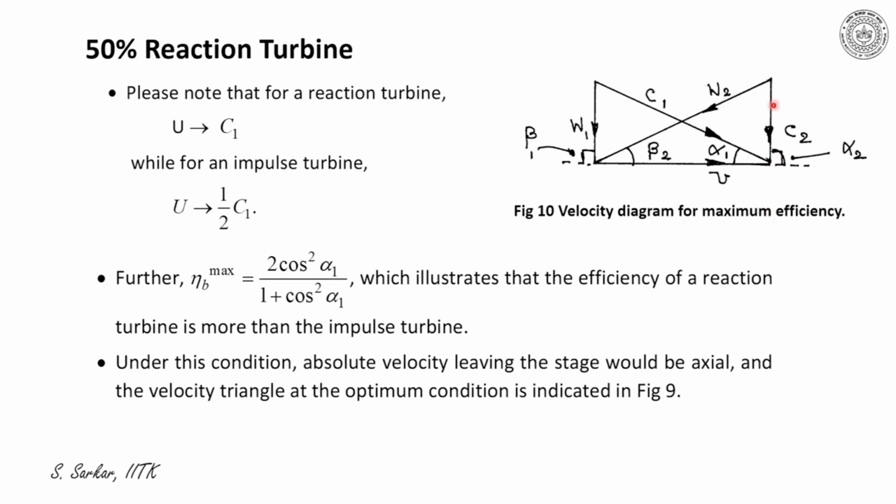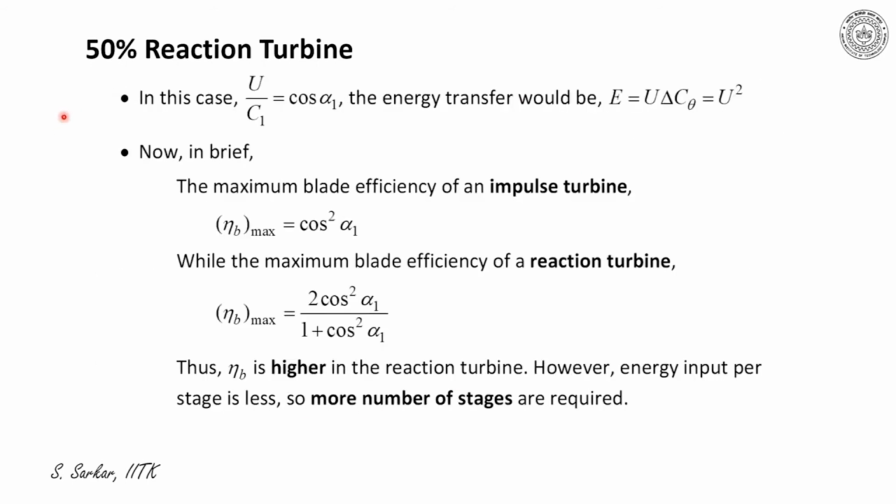The C2 would be axial, as I have indicated here. If C2 is axial, being a 50% reaction, C2 must be equal to W1, and W1 also would be axial. Thus, for optimum blade speed of a 50% reaction turbine, U by C1 is equal to cos alpha 1, and thus the energy transfer would be E is equal to U into del C theta. Now here del C theta would be equal to U, then E